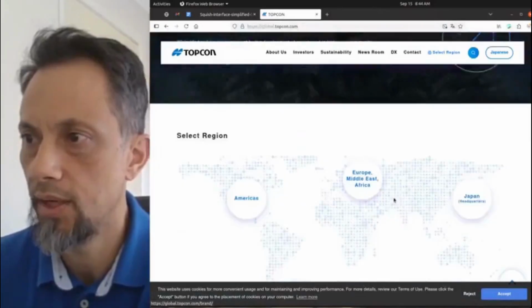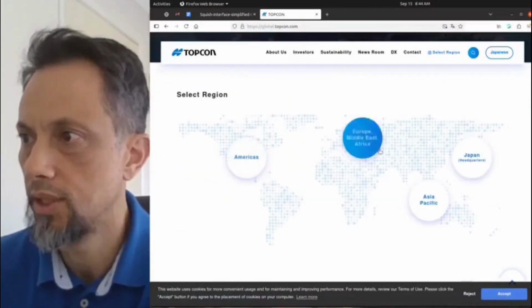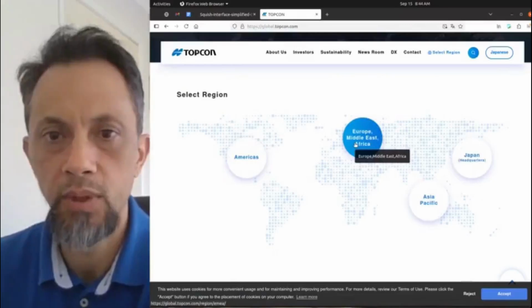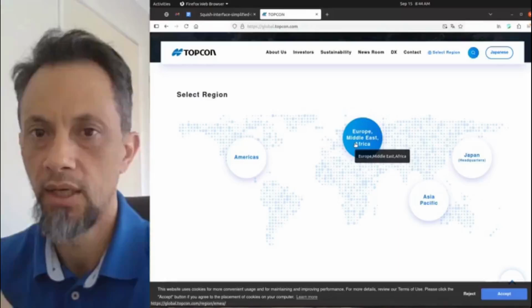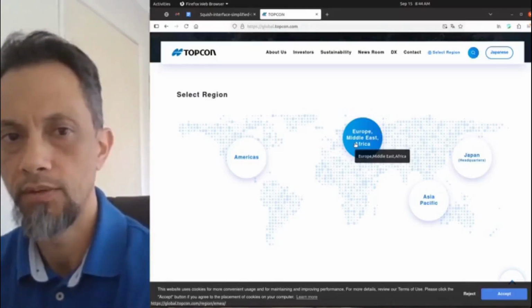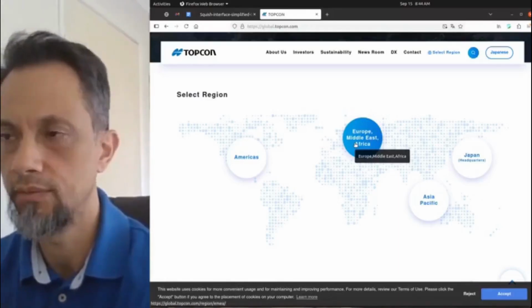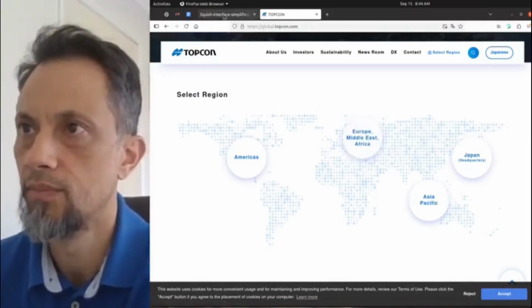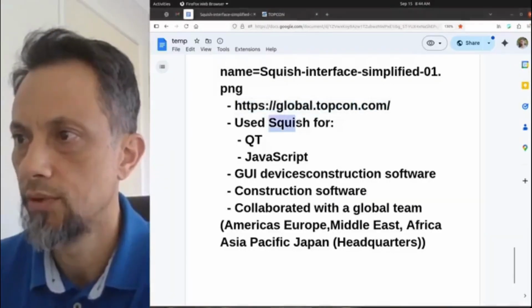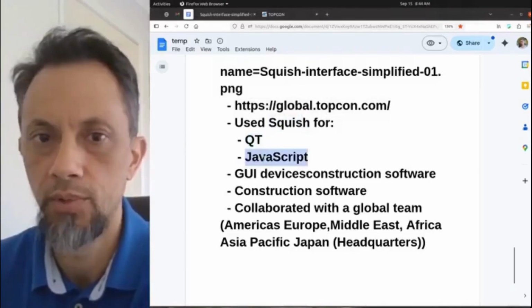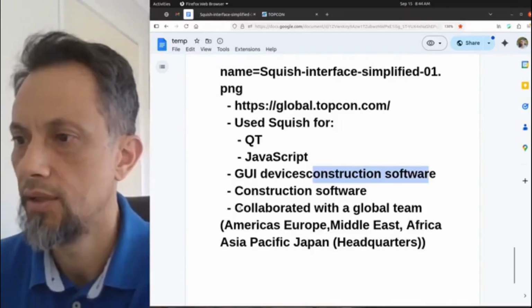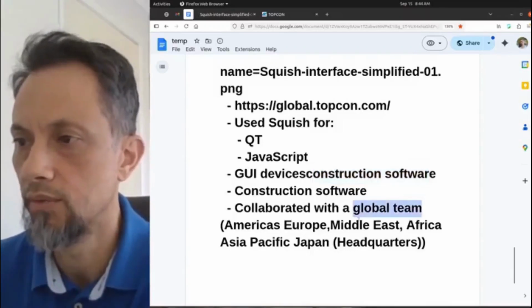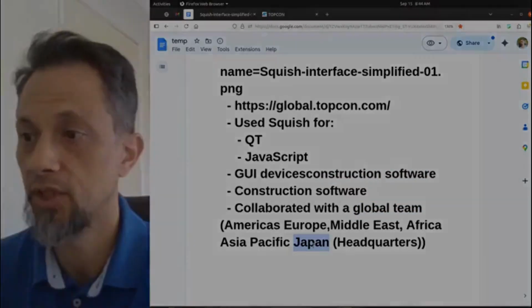They're from Japan, and they're all over the world, as you can see here, America, Japan, Asia, and they build devices for construction like excavators, bulldozers, that sort of thing, where they have a device which takes control of the unit basically and helps the driver. So what did we use there? We had Squish with QT and JavaScript. These were GUI devices for construction software, and this was a global team that I worked with. The main office is in Japan, but we also had offices all around the world, including Russia, America,